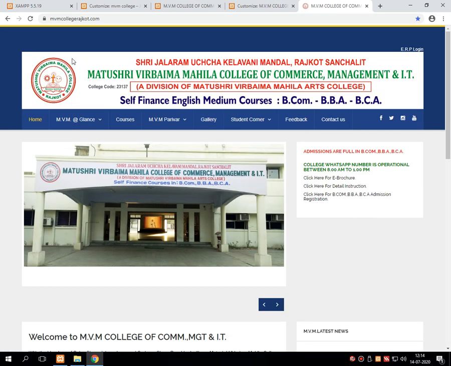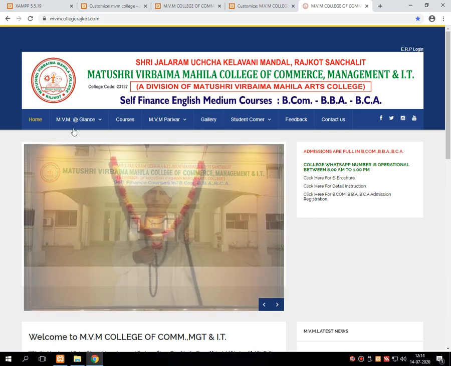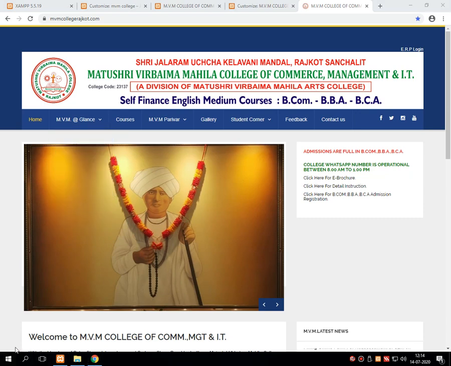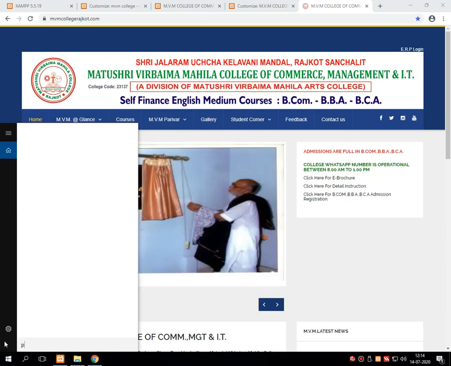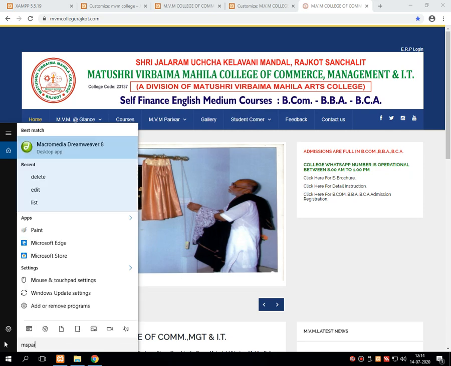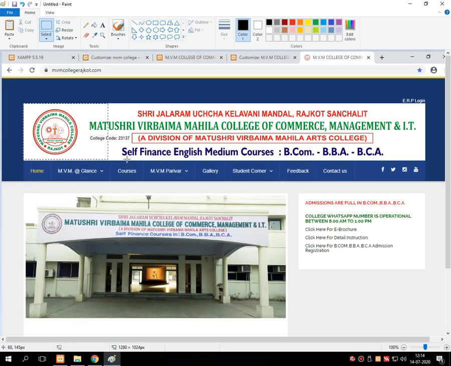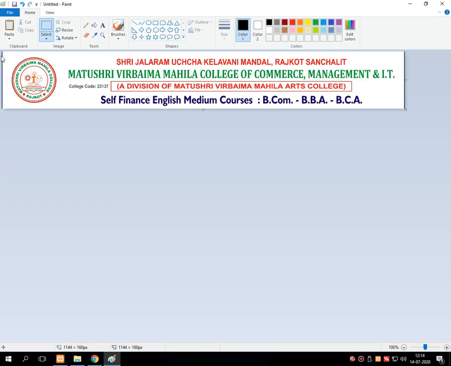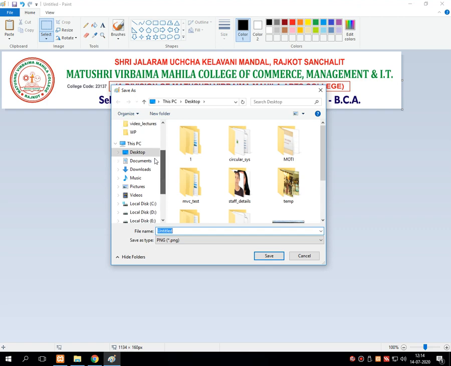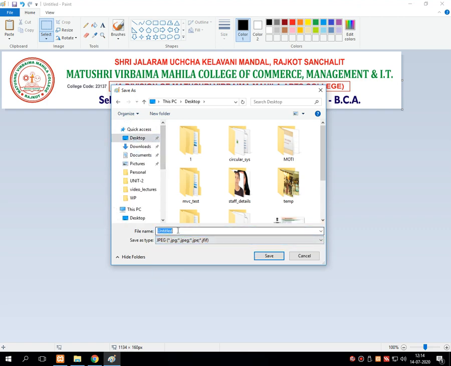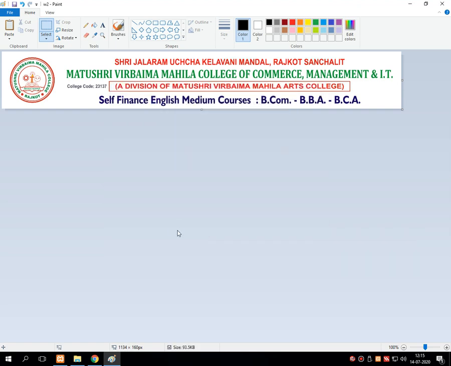For example, suppose from our website which is designed by core PHP, I am taking a screenshot of this entire page, taking that particular screenshot in this view, and I am selecting the entire banner and cropping that particular banner, and suppose I am saving that particular banner over the dashboard as w2.jpg.